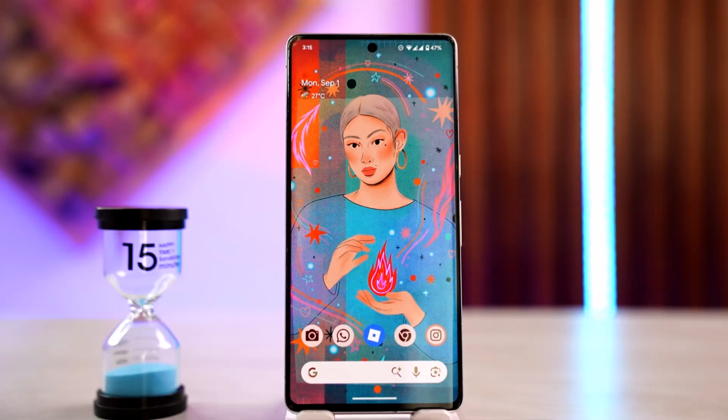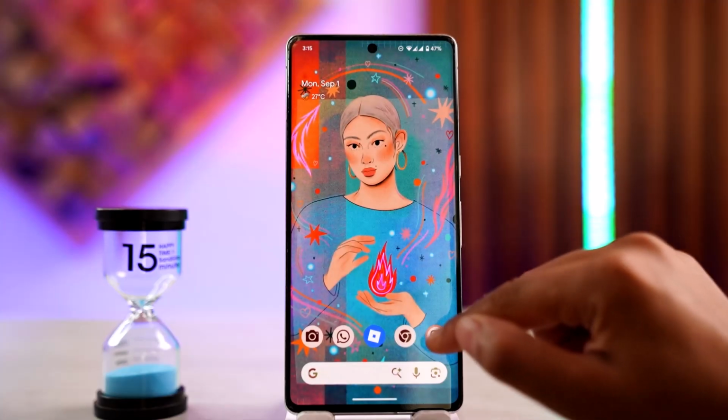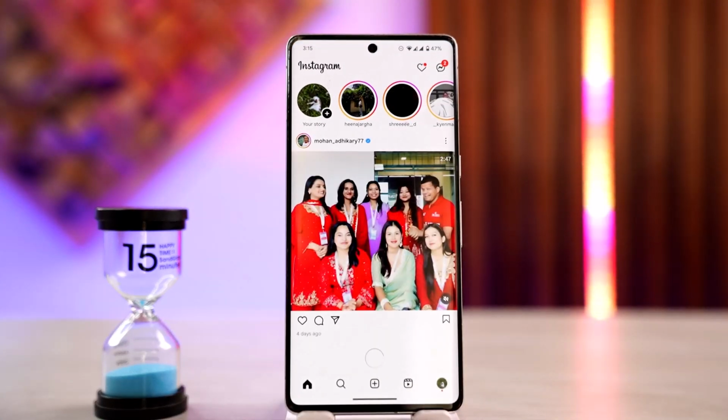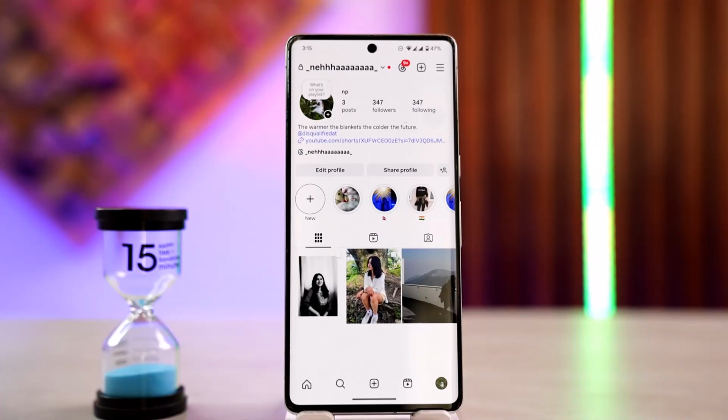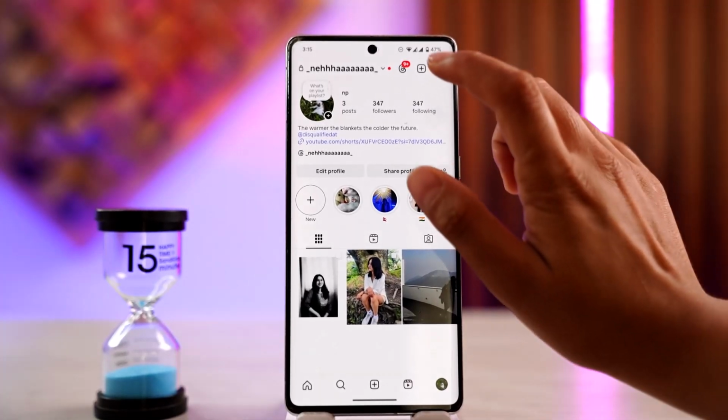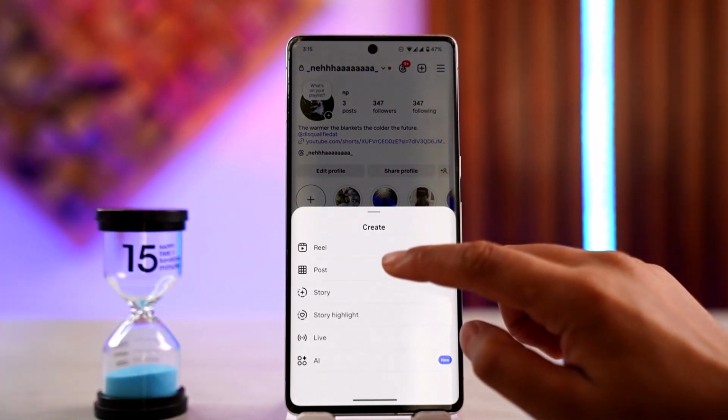In this video, I'll be showing you the procedure on how you can find draft posts on Instagram. So to begin with, first of all, open the Instagram application and log in. Next, tap on the profile menu from the bottom of the page. And then you could simply tap on the plus button from the top of the page and go to the